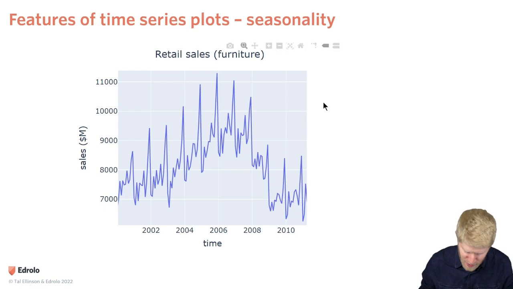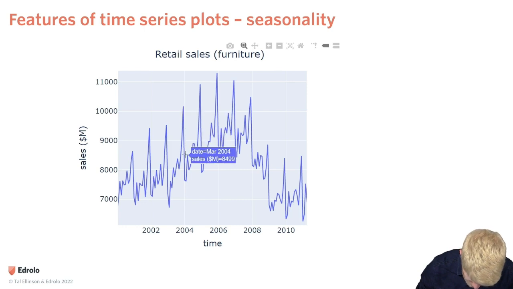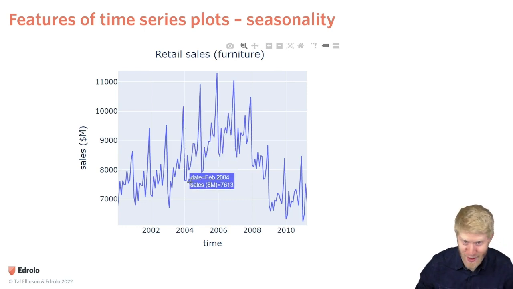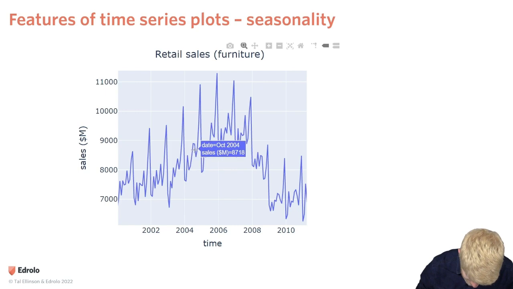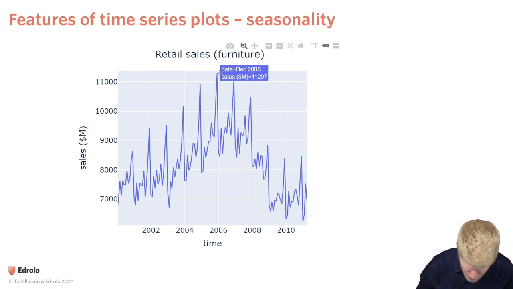Here we have retail sales in the US, i.e. basically the entire retail sales for furniture-related sales in the US at different points in time. They're taken every quarter. So we've got our summer sales, then we've got our, what goes after summer? Autumn, winter, spring, back to summer. And this is huge. What's this, like $10 billion? Now, we can see some seasonality here because around summertime,